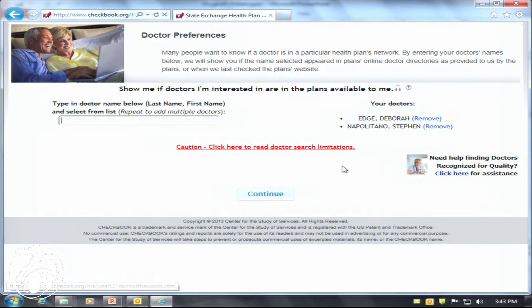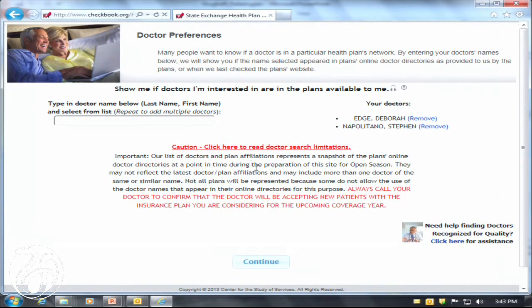If they don't have a doctor, they can go off here and they can actually get some doctors who are recognized for quality or something to help them choose a doctor. We also give them a little warning here, or a big warning here. If a doctor really matters to you, you better check and see if that doctor is really going to be in the plan next year. But anyway, after that,